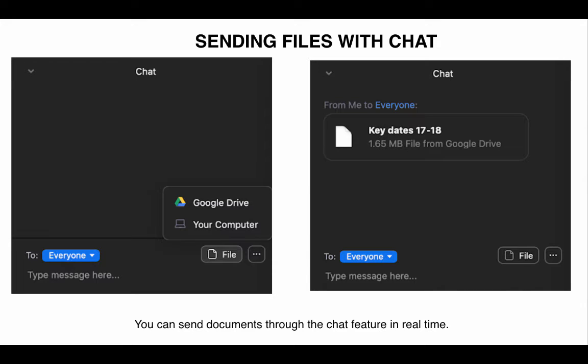You can drag and drop files from your computer, which I will do momentarily. You can also add files from Google Drive, or you can also browse through your computer. Perhaps a nice way to share a handout with students or just share any sort of materials with whoever your participants may be. So what I'm going to do momentarily is I'm just going to stop the share and I